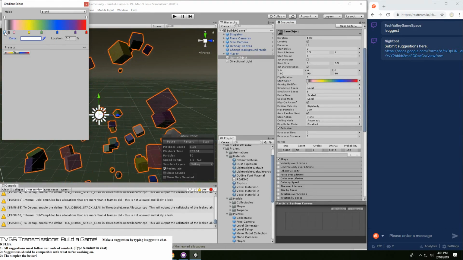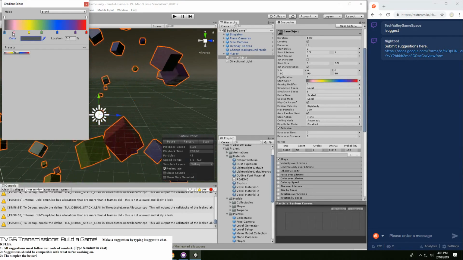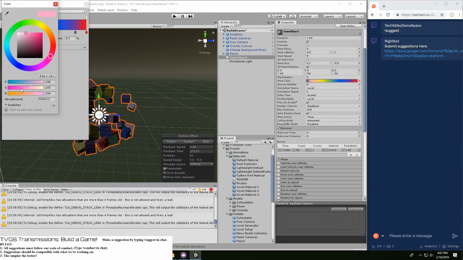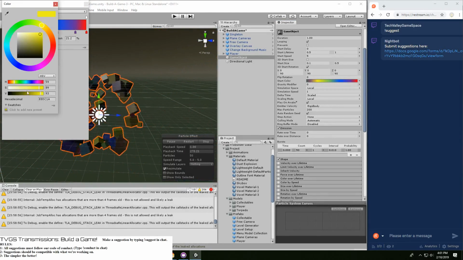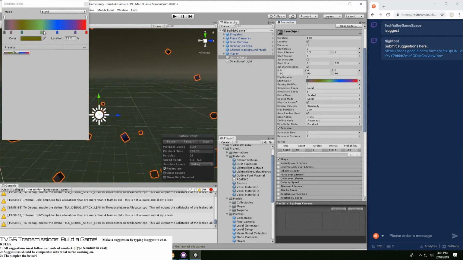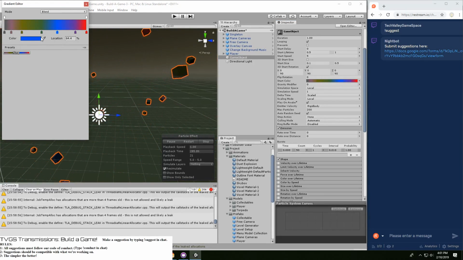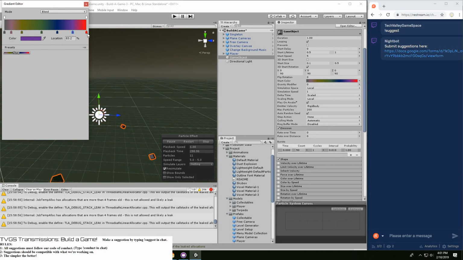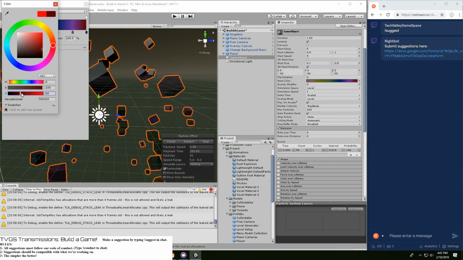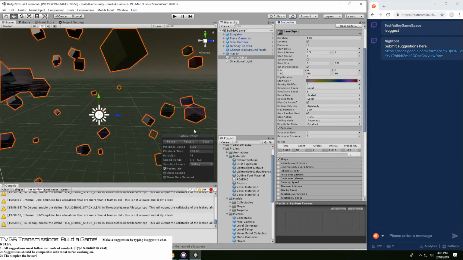I think I really like the dirt color aspect of things, so delete that. I kind of like the really dirty-ish color, so rather than that, can I have HSV? Yeah, there we go. Have that more earthy color to it. There we go. I'm kind of liking that.